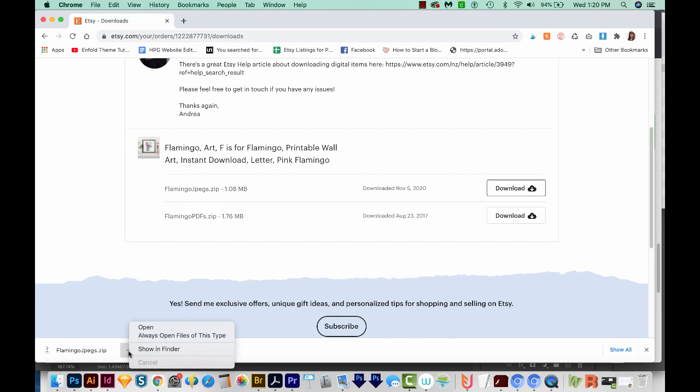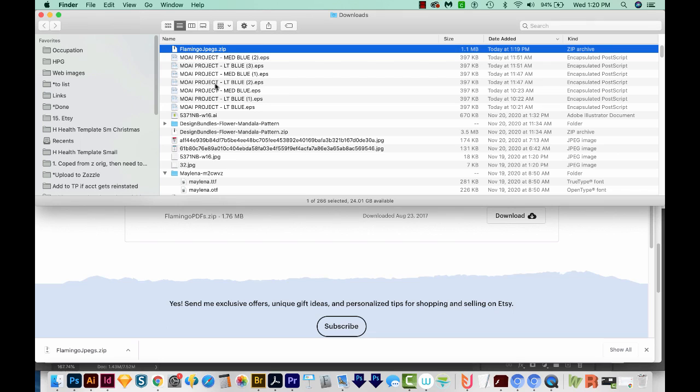Okay, so let's click the little caret and choose Show in Finder, and you can see them here. Now for most of you, these will go into your downloads. If you're on a PC, your downloads will probably be over here in your favorites. If you're on a Mac, you can just hit Option-Command-L and go to your downloads to see them. But you can also get there from just clicking that little caret and choosing Show in Finder.